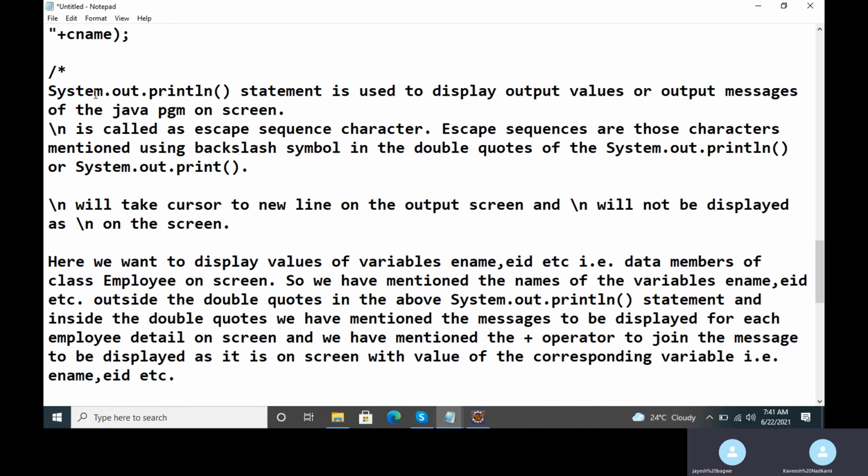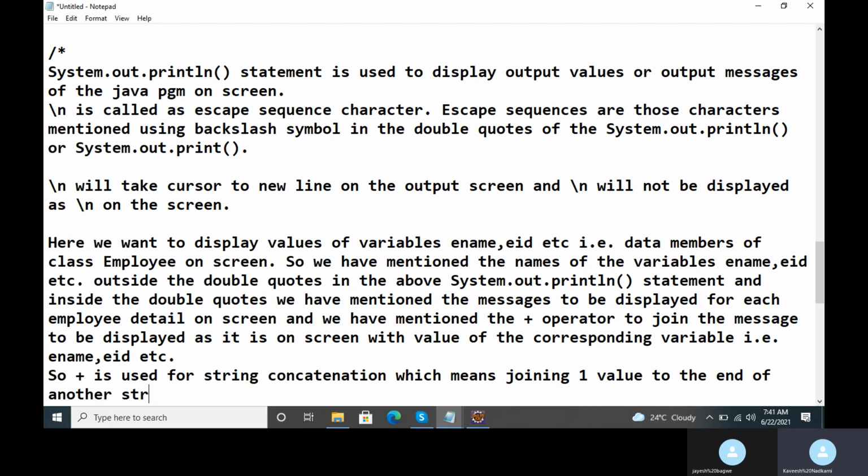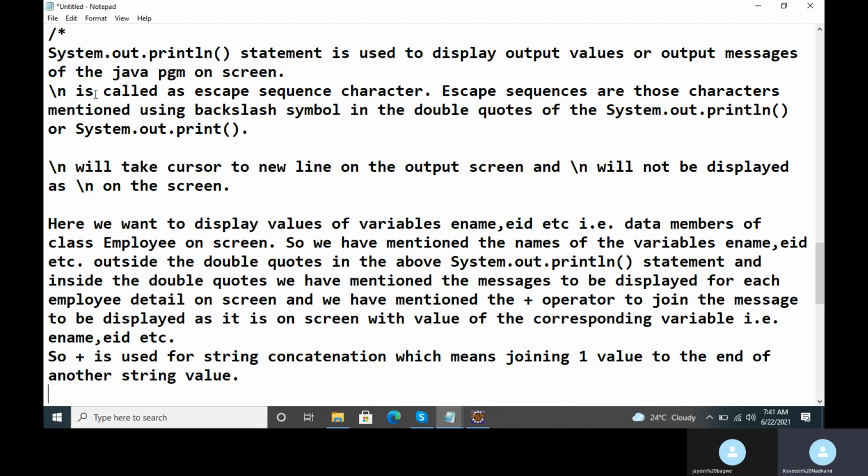So basically the plus is used for something called string concatenation, Jayesh, which I just told you, which means joining one value to the end of another string value. So that is called string concatenation.